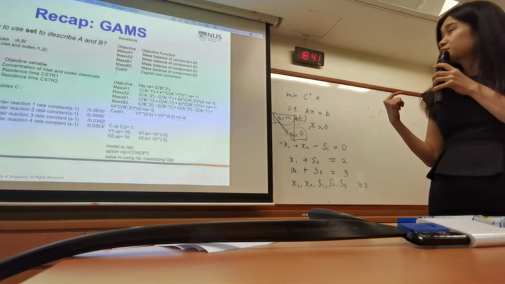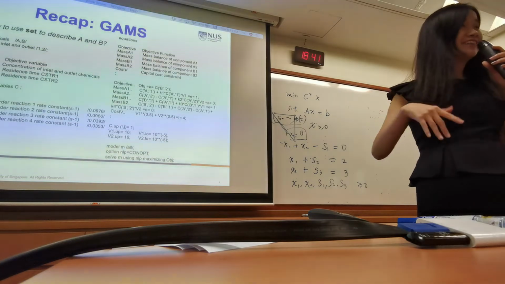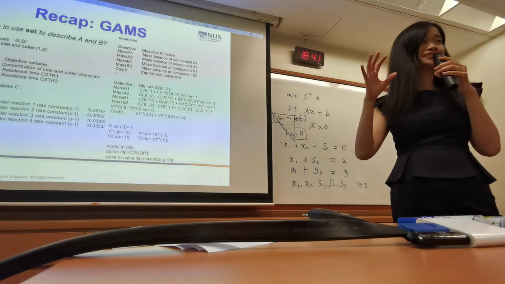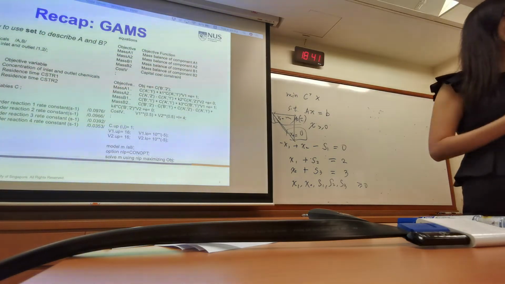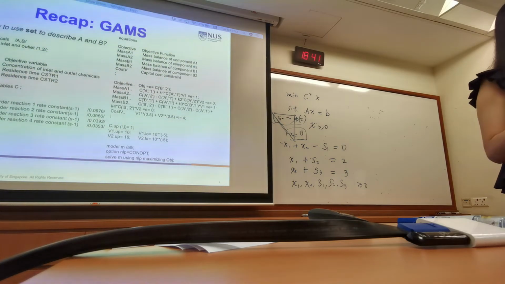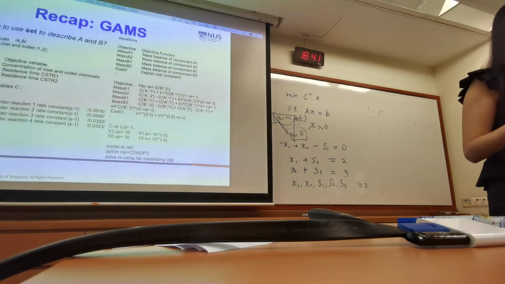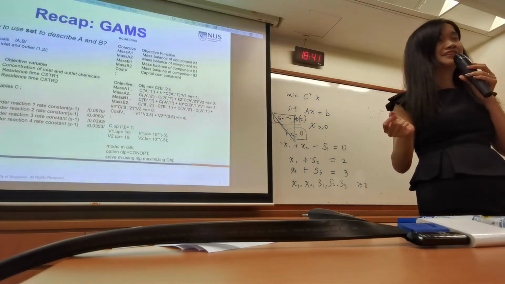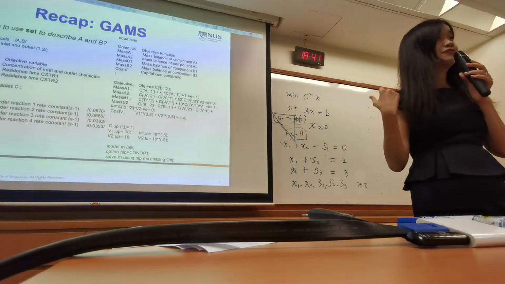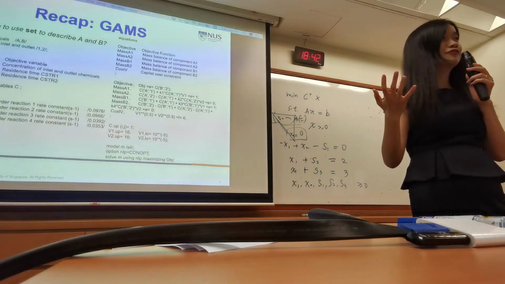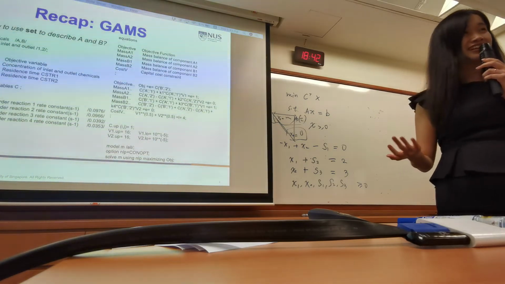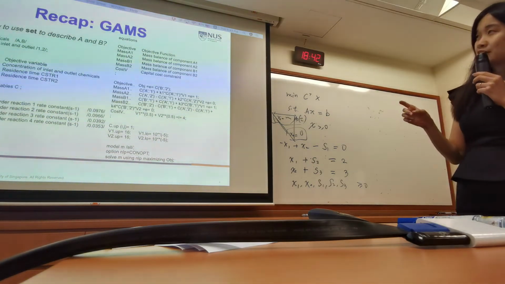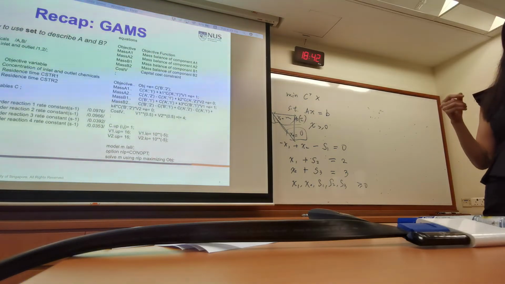So if you try to simplify your coding, at the beginning your goal is just to make it runnable, configurable, give you a solution good enough. But later on, when you want to solve larger scale problems or you really want to use it, try to think about how to make your code easier for configuration and more beautiful for reading or more efficient. So that's a lot of these things. It's also programming. You can use a lot of these